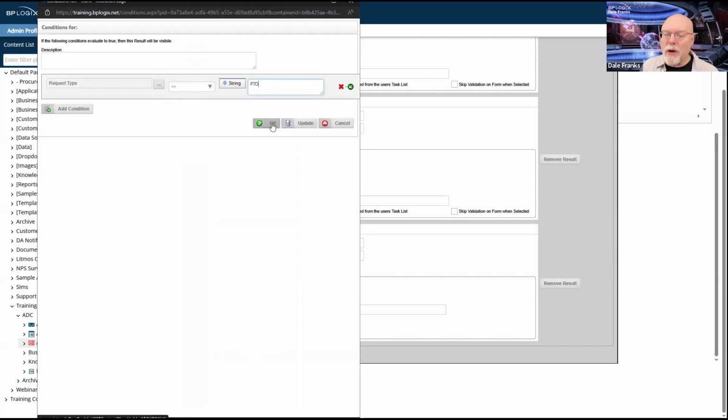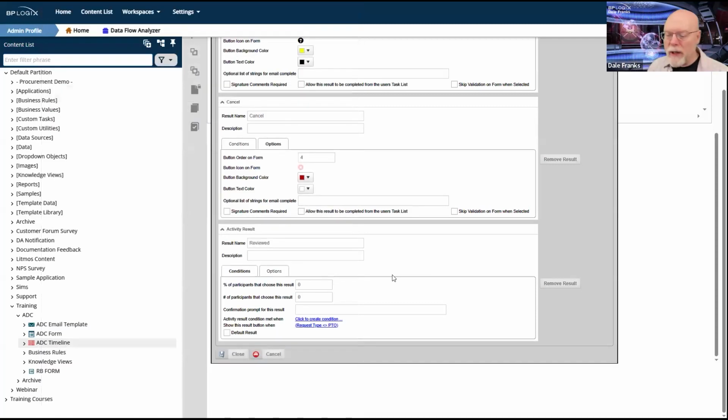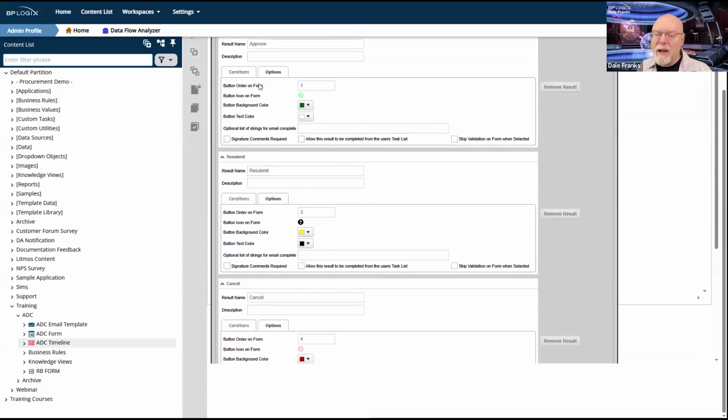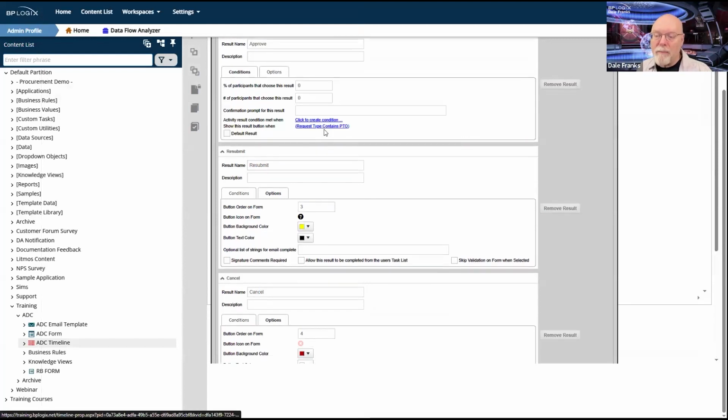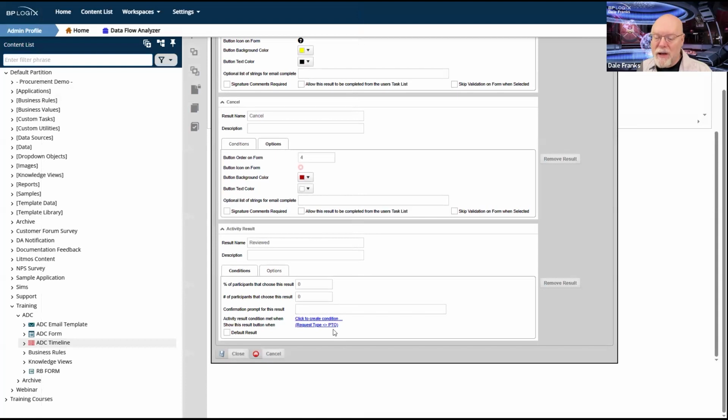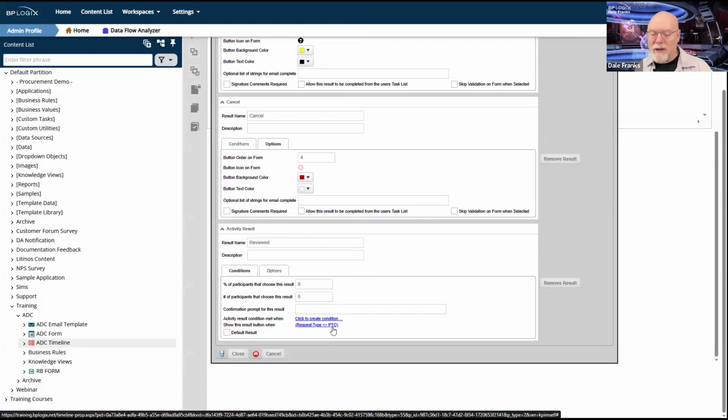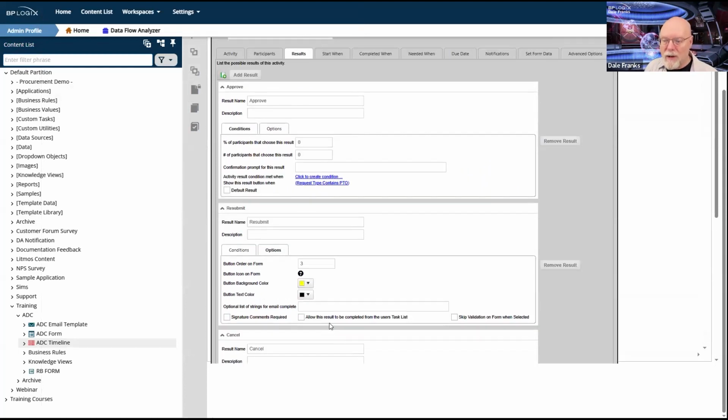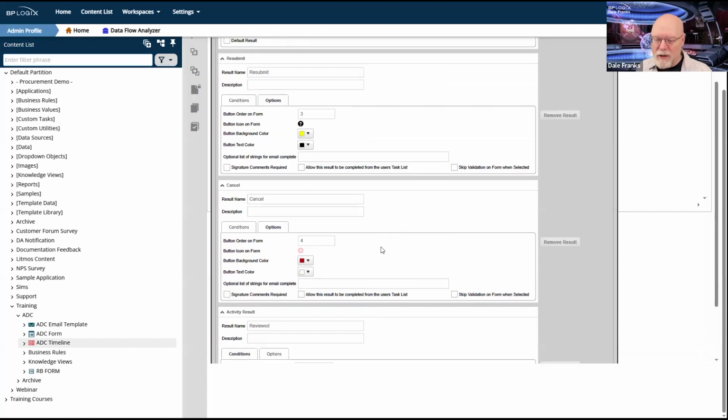What this should give me is a mutually exclusive positive result. If it is a PTO request, then I will see the approve button. If it is not a PTO request, then I should see the reviewed button. So three of my request types will show me reviewed for my supervisor, because the supervisor really can't approve or deny a suggestion. So now I should have mutually exclusive buttons here.